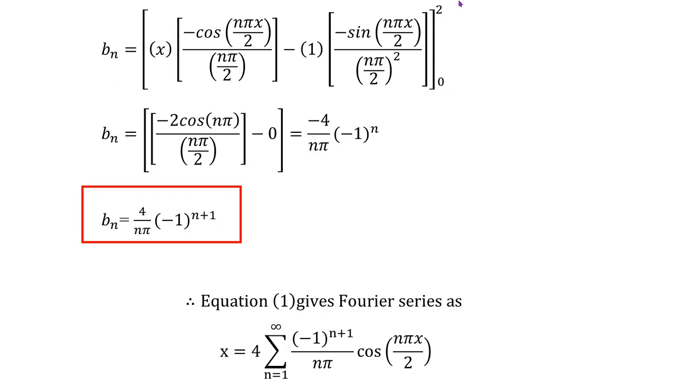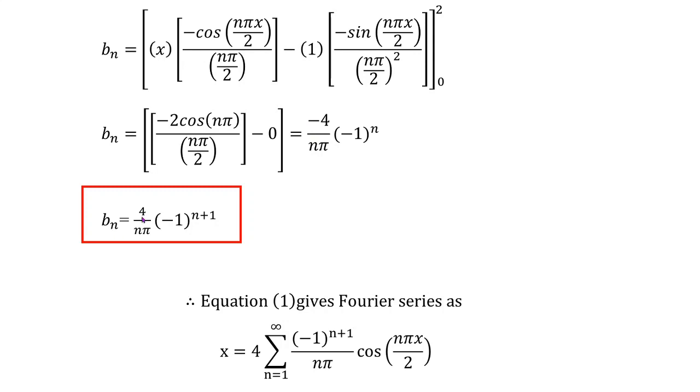So therefore, applying the limit as 2, obviously this second term reduces to 0 for both the limits, because when I put x as 2, it will reduce to sine n pi, and sine n pi is 0; again, sine 0 is 0. So I am having the value because of this first term. Put x as 2, and we get cos n pi. When I put x as 0, the lower limit, this term completely vanishes, so 0. So now using the formula cos n pi as (-1) raised to power n,